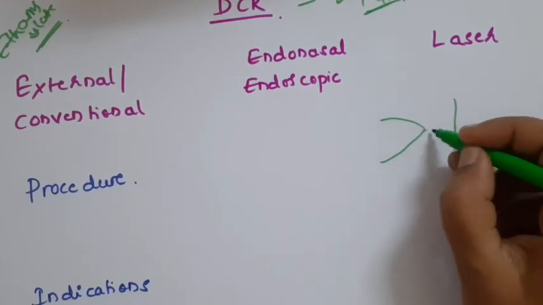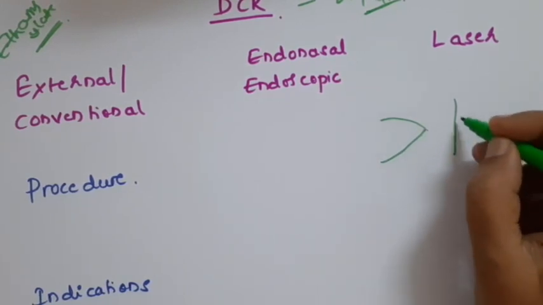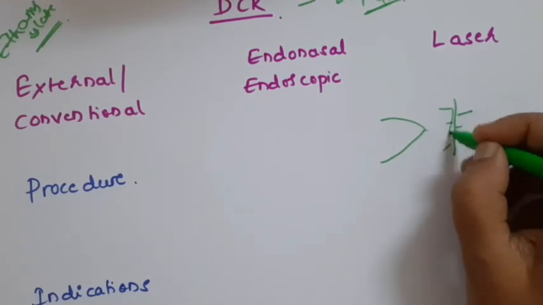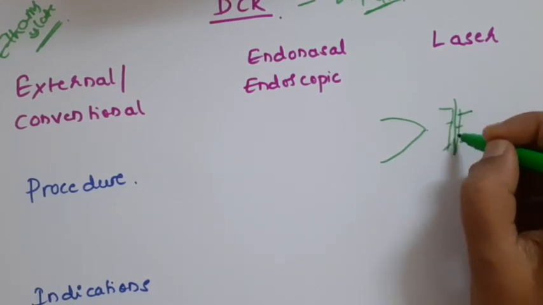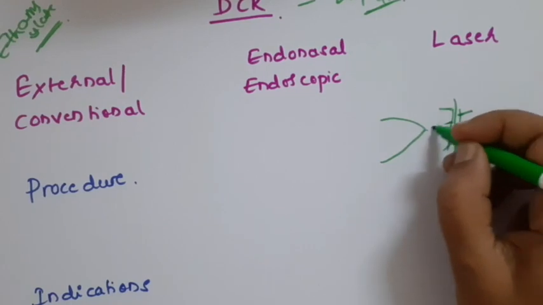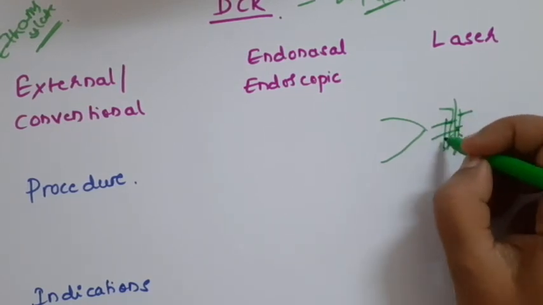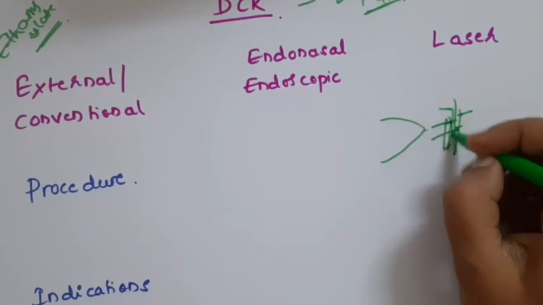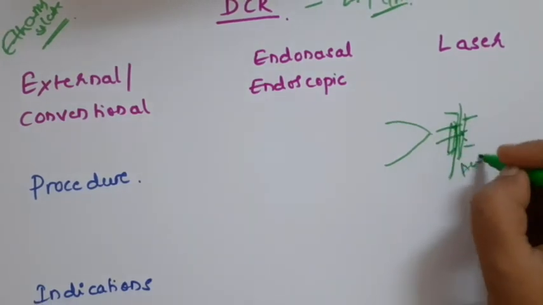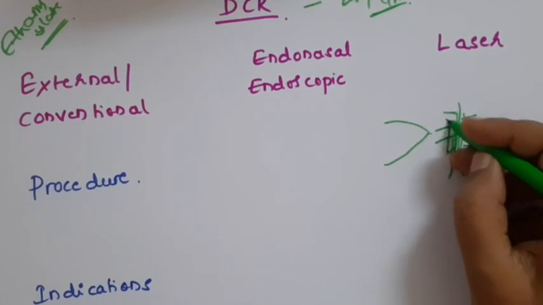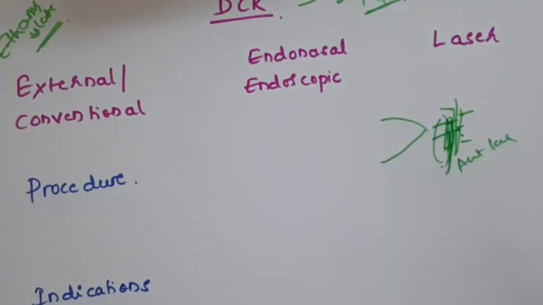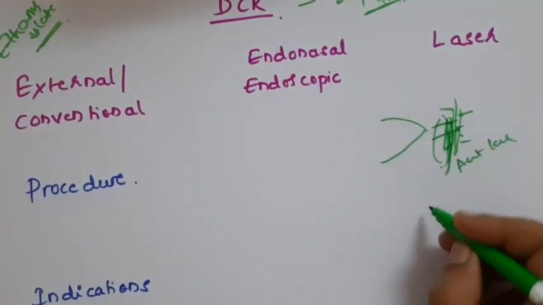First, the incision is given 8 mm medial to the medial canthus, and then the skin is separated with the cat's paw, and then the orbicularis oculi muscle is dissected and again separated with the cat's paw. You will identify the medial palpebral ligament, that is MPL. You can either cut it open or push it up and identify the anterior lacrimal crest. Then you have the nasolacrimal sac. So from here the surgical steps are a little different.